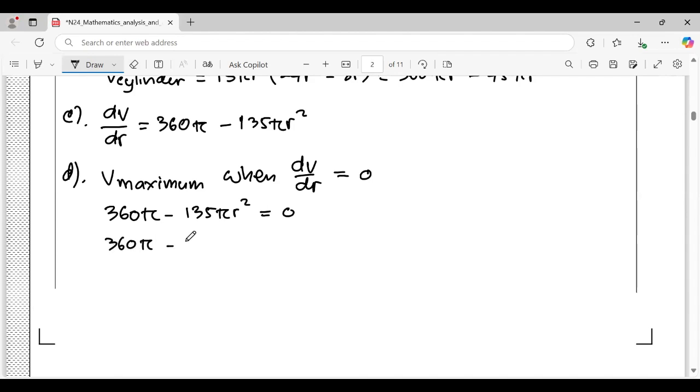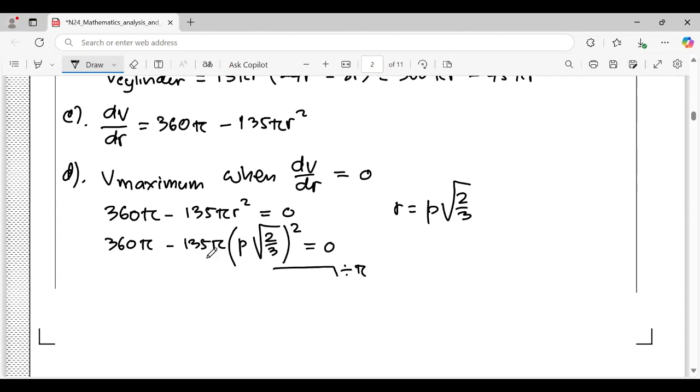According to the information that r equal p square root 2/3. So substitute r into this equation, becomes 360 pi minus 135 pi p square root 2/3 squared equals 0. And next, divide it by pi. 360 minus 135